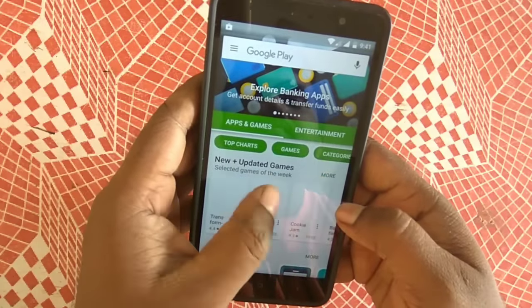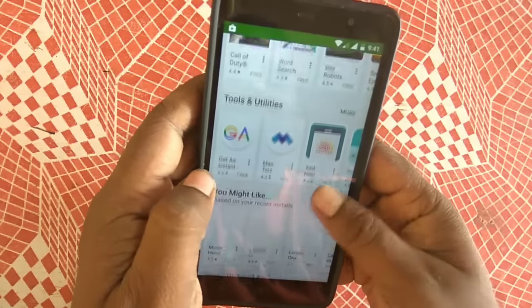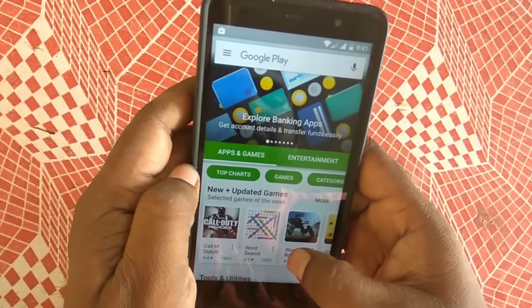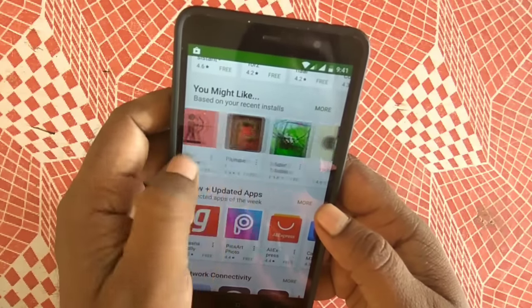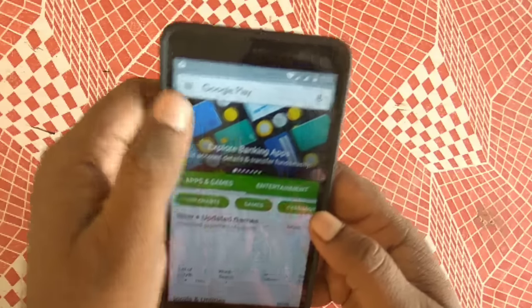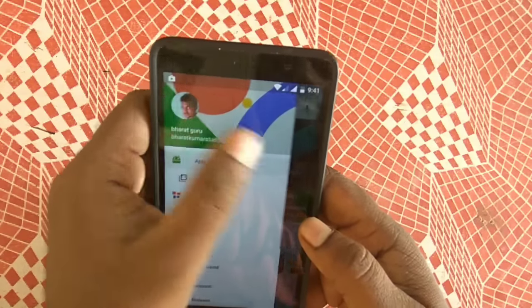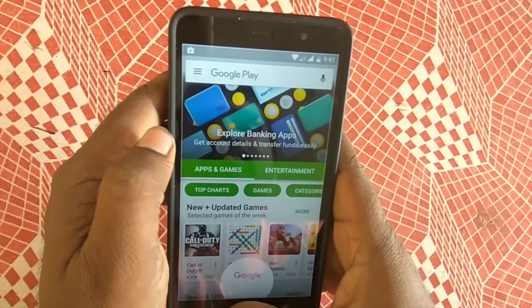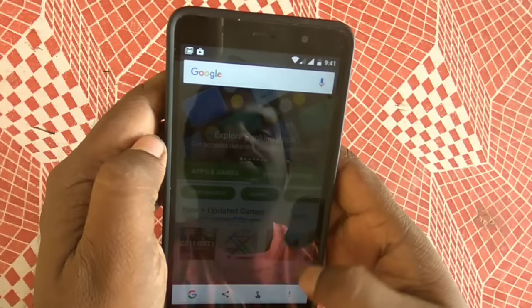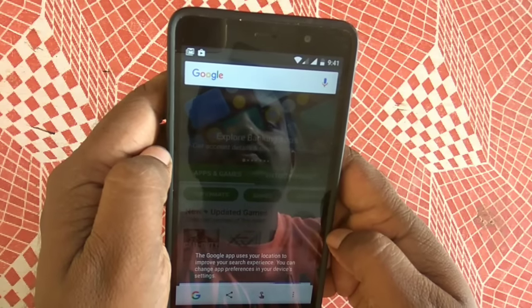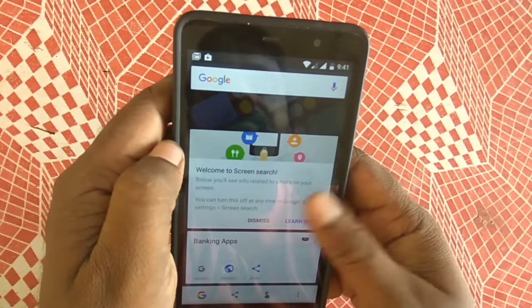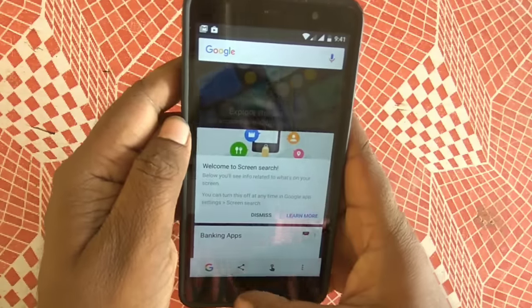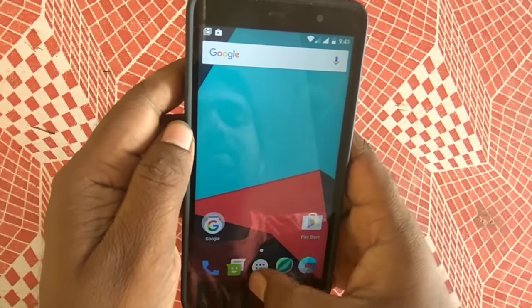I am checking each and every app for any bug or crash while opening. The Play Store is working super fine, there is no problem with it. Let's see whether other apps work. Let's see if Google Assistant works. No, there is no Google Assistant. We have to install Xposed, and then only it works.